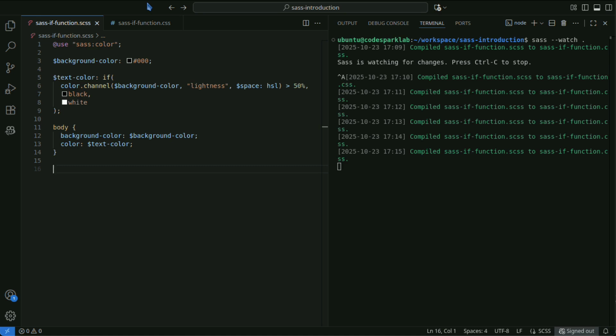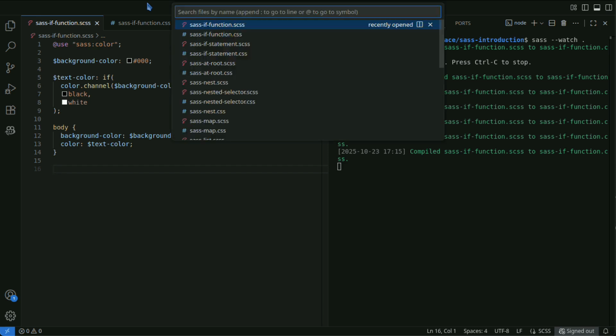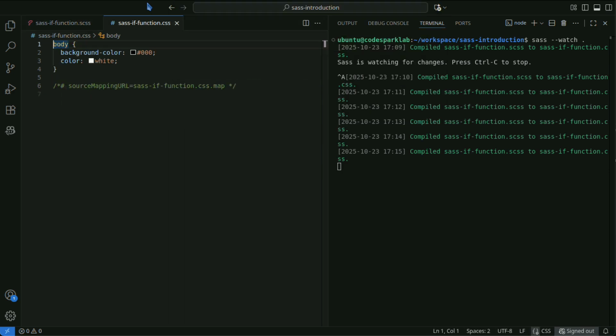If it is smaller, white is chosen as the text color, automatically optimizing contrast with the background. When the Sass file is compiled to CSS, it looks like this. By using the if function, you can implement flexible styles that account for design accessibility, such as adjusting contrast.